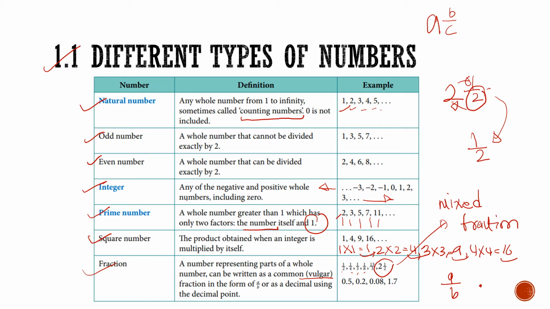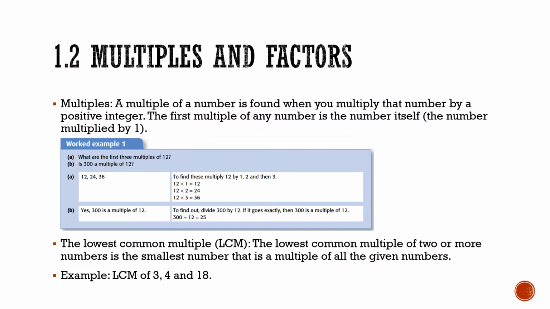In order to change it to an improper fraction, we do this. C times a plus b all over c. That's how it is. And you do this first. You don't cancel the c's, okay? And yeah, then we have